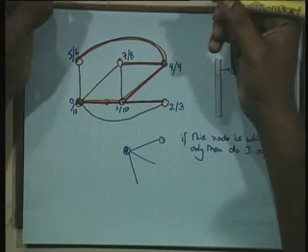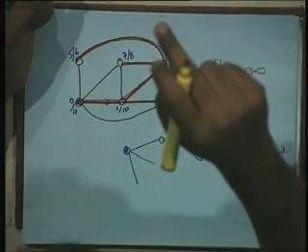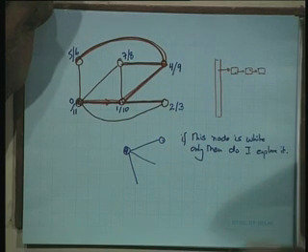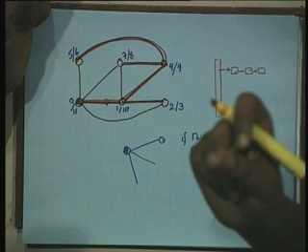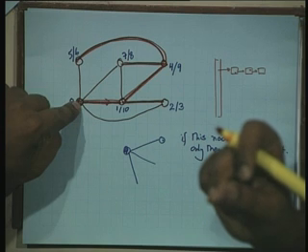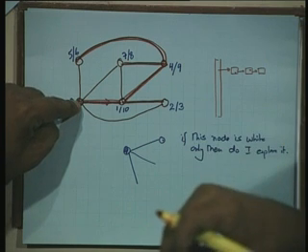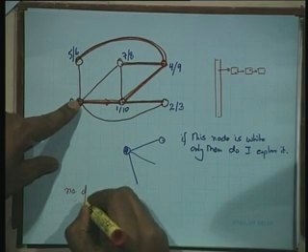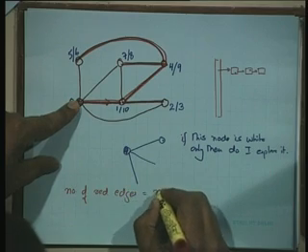Well, for every vertex, there is one edge along which I came to that vertex, and the same edge along which I backtracked from that vertex. So, for every vertex, there is a unique edge, except for the first vertex. So, since for every vertex there is a unique edge except for one, there should be n minus 1 edges, right. So, the number of red edges equals n minus 1,